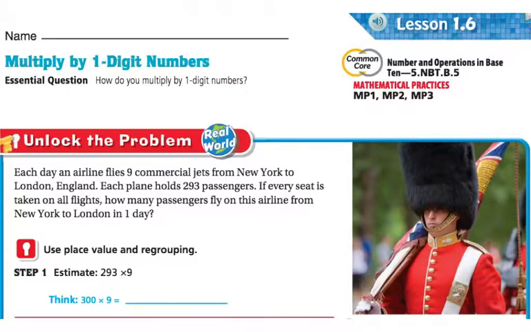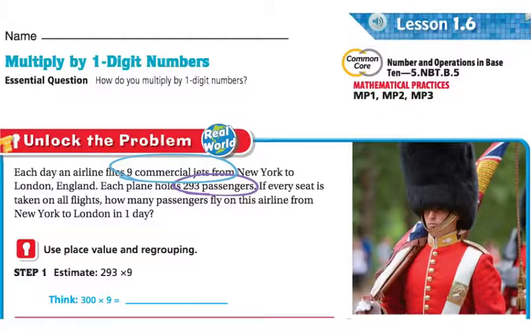I'm going to start with the unlock the problem real world. It says each day an airline flies 9 commercial jets from New York to London, England. Each plane holds 293 passengers. So I'm going to circle 293 passengers, and I'm going to circle 9 commercial jets. If every seat is taken on all flights, how many passengers fly in the airline from New York to London in one day? So we're going to first use the strategy of using place value and regrouping to solve this